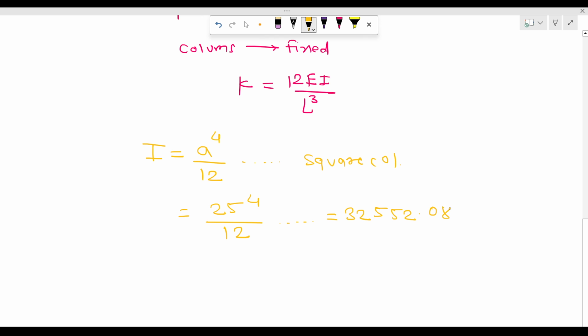3255.08 centimeter raised to 4, and we will convert this into meter raised to 4. So 3255.08 into 10 raised to minus 8 meter raised to 4. As this value is in centimeter, our first calculation is centimeter, so I have converted this, right? Now